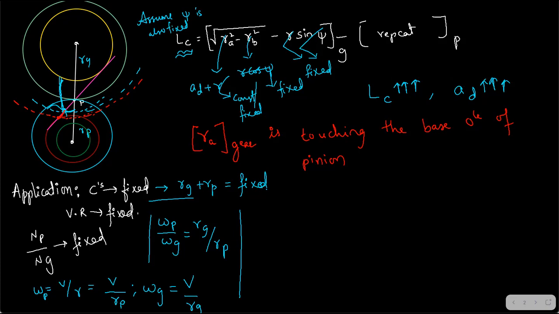So what I'm going to do over here is, this is the teeth, right? I am going to dig inside and then connect it straight like this. Still the involute is generated only from the base circle. This is the imaginary base circle. The involute is still being generated, but we have removed the material here. Similarly, if this is the gear, here also we will remove the metal. This all will be empty.